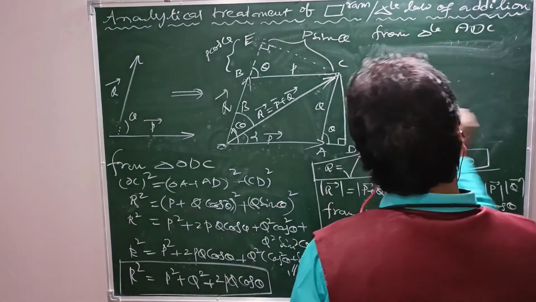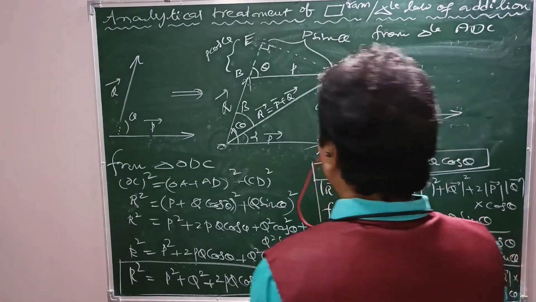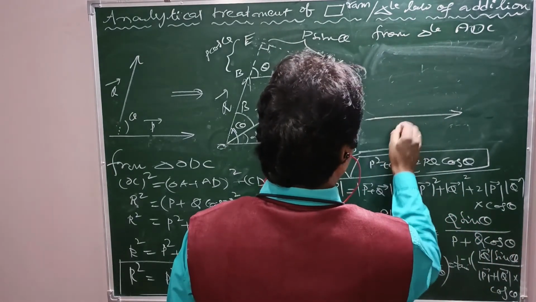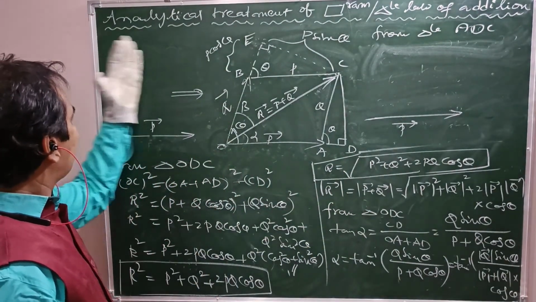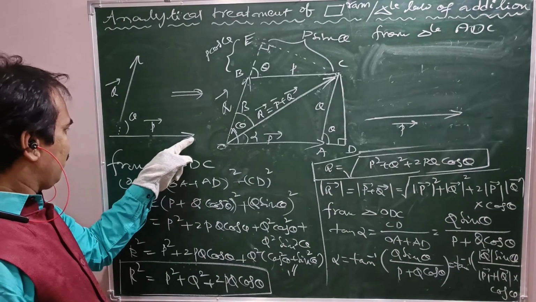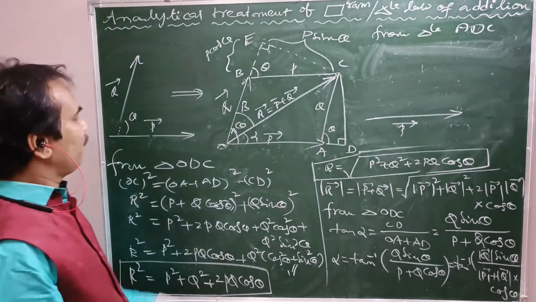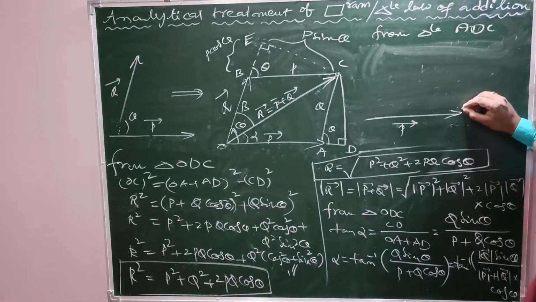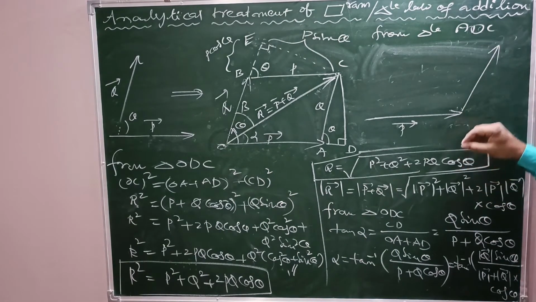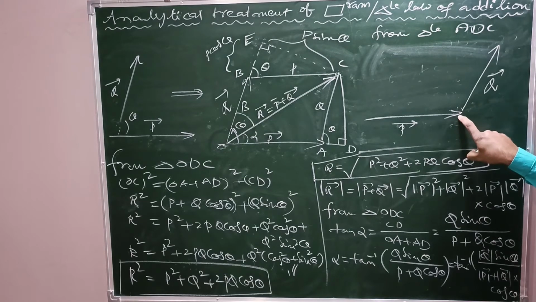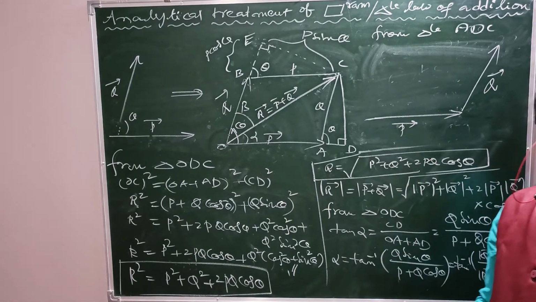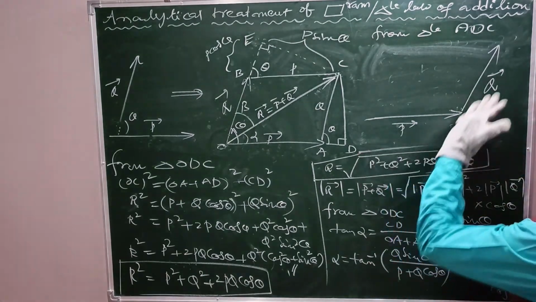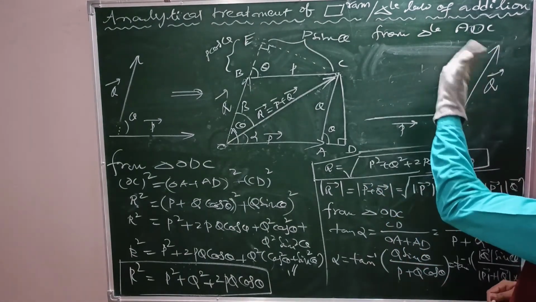See, this is P bar. Now take this vector, shift it from here to there such that its tail meets the head of P bar. See, this is Q bar. The tail of Q bar is connected with the head of P bar. Now these two are taken as the adjacent sides of the triangle in the same order. Same order means the head of one vector is joined with the tail of the next vector.